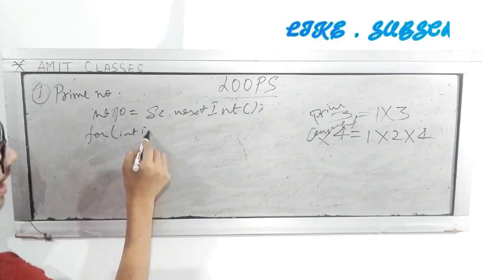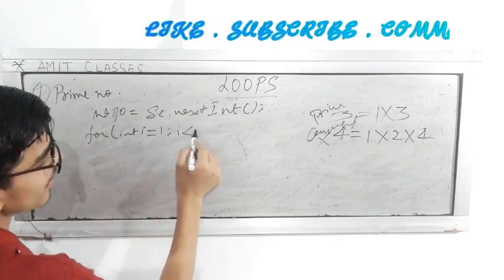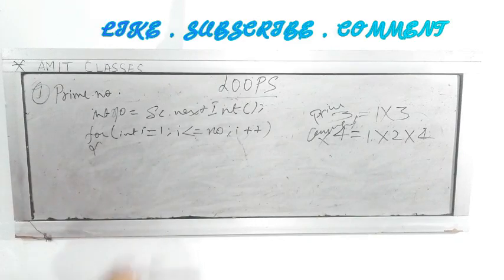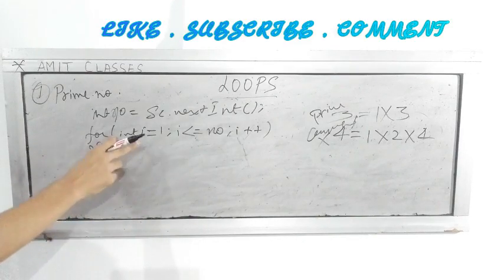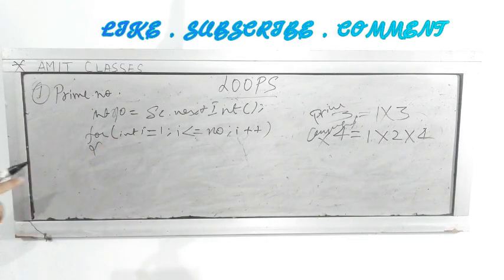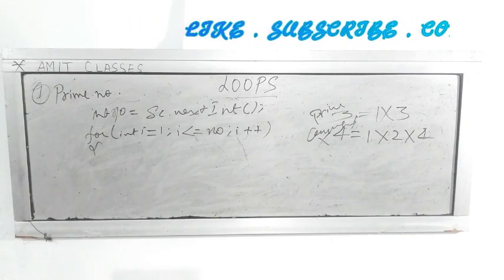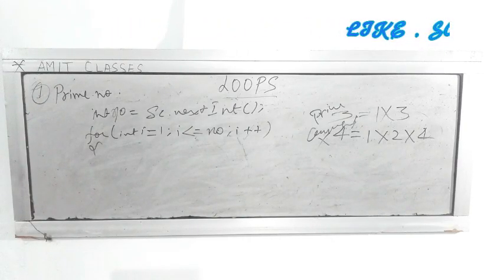For int i is equal to 1, i is less than or equal to no, and i plus plus. So now what we have to find is whether it has more than 2 factors or not. So for this we will write here